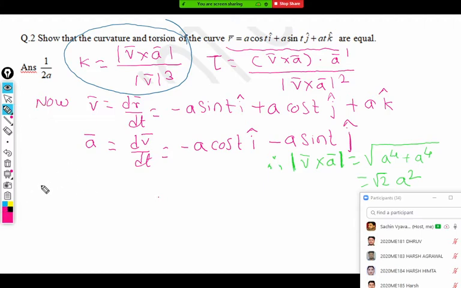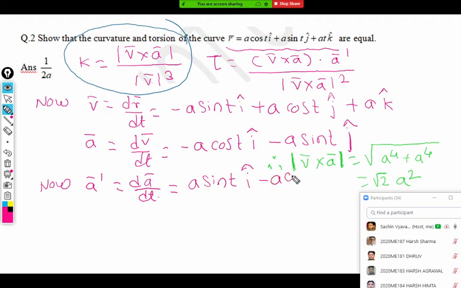Now we can say a dash is equal to dA bar by dt. We observe the derivative of cos is again coming with a minus, so that a sin t i cap minus a cos t j cap. This is a bar dash. Therefore